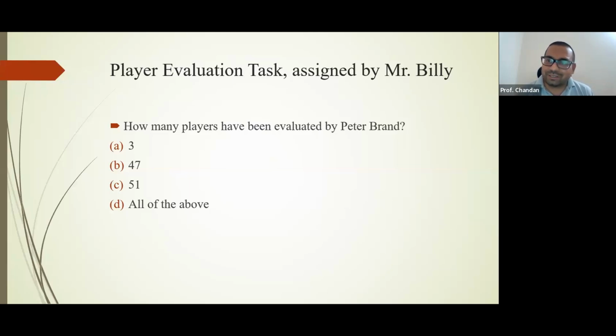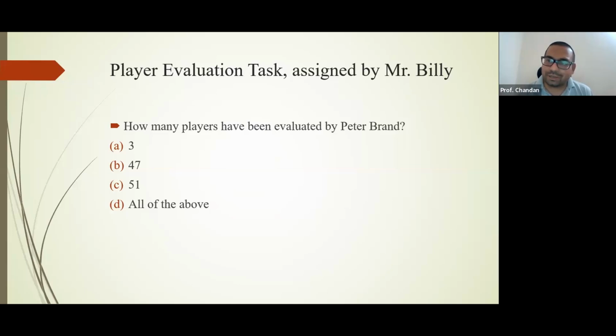The correct answer is, it's a very interesting and fun fact that all of the above answers are correct. All the answers are correct. The reason is, Mr. Billy Bean gave the task to Peter Brand to evaluate 3 players, but he was highly passionate about